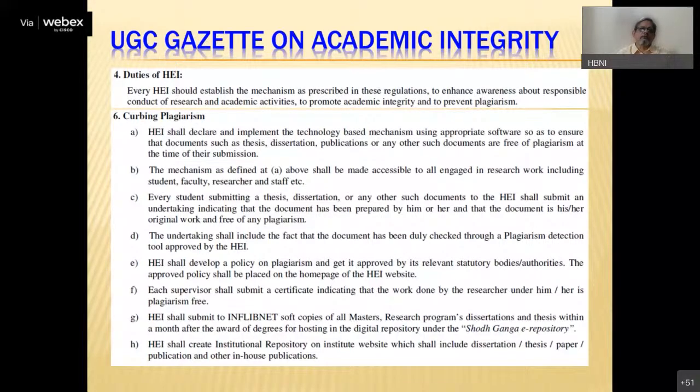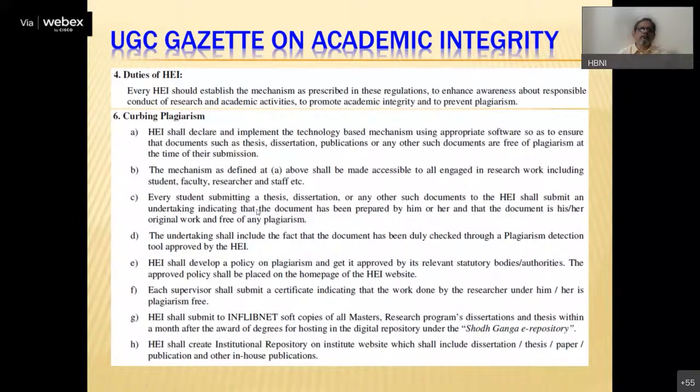So there are several such instances of the guidelines which have been laid out on how to curb plagiarism. First of all, of course, one should implement a technology-based mechanism using certain softwares which are available to ensure that the documents which usually emanate from universities like theses, dissertations, publications, etc., are free from plagiarism at the time of submission itself. Likewise, there are several such guidelines, especially for students,